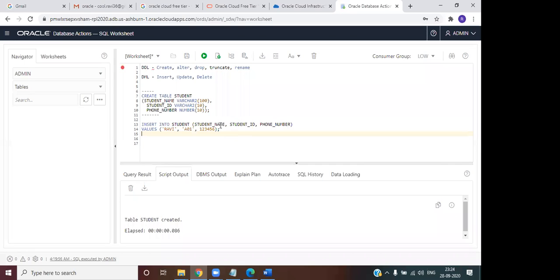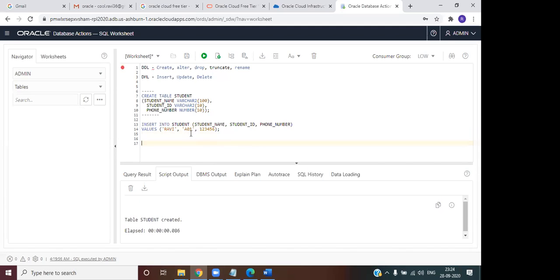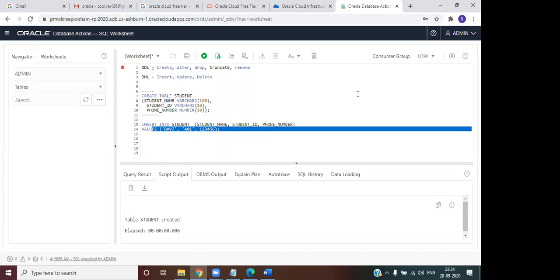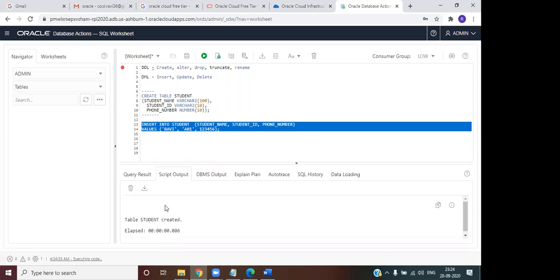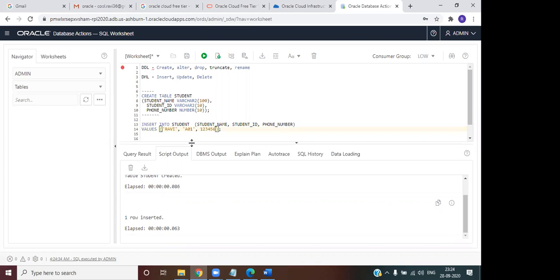So yeah, this is how I write my insert statement. There's another thing. Okay, I can just remove these things here. I'll put this here and run this. It says one row has been inserted. So if you observe something here,